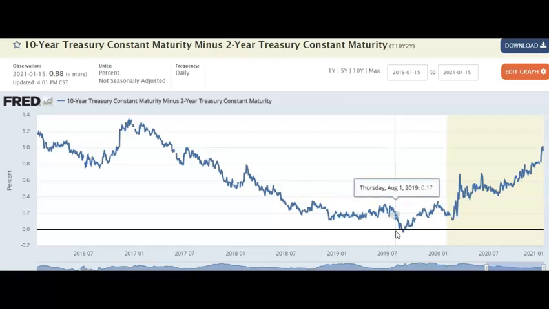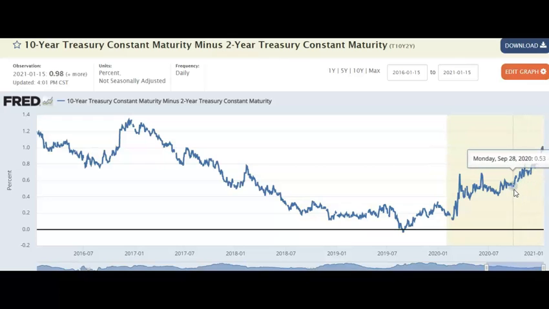If we go back to the fall of 2019, that yield curve inverted, meaning it went negative. 2-year yields rose above 10-year yields. And that right there is the disconnect between long-term bond investors and the Federal Reserve and interest rates, and it can indicate, not always, that an economic slowdown is on the horizon. And if we look at what the yield curve is doing in 2020, it has started to go higher. It's going higher quite a bit. It's got a lot of momentum on the upside.